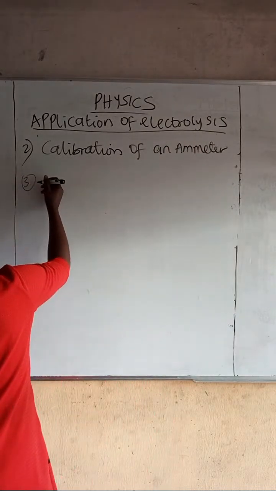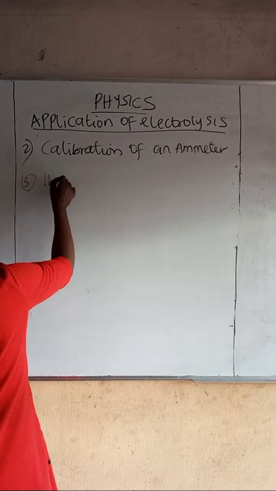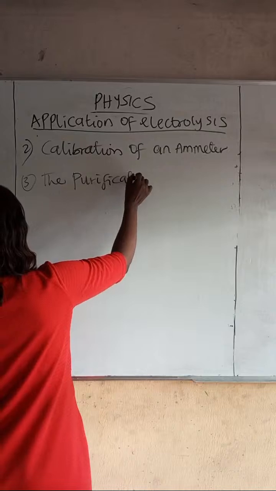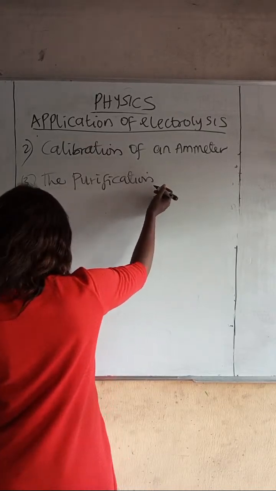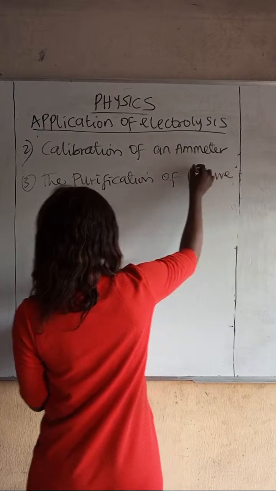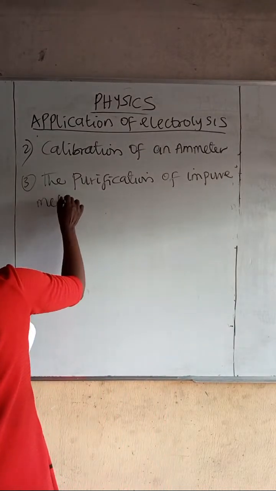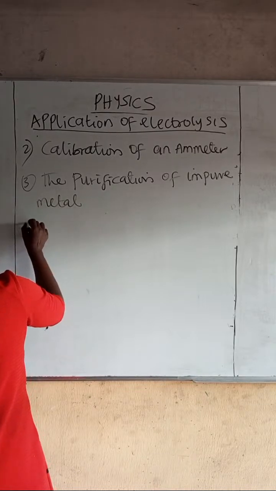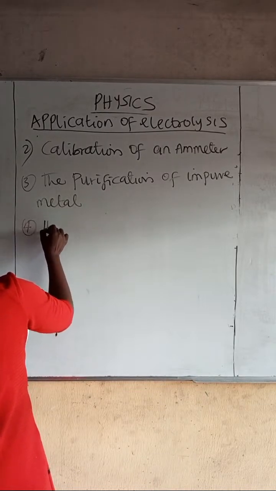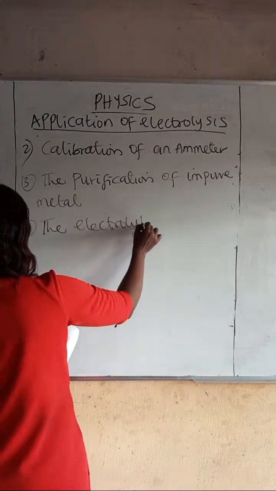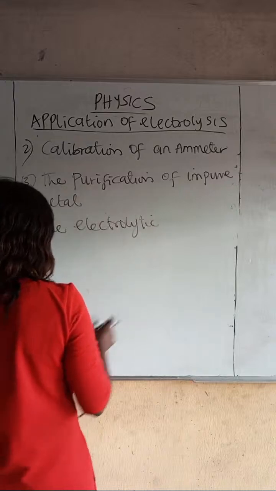We have number 3, the purification of impure metal. And number 4, electrolytic production